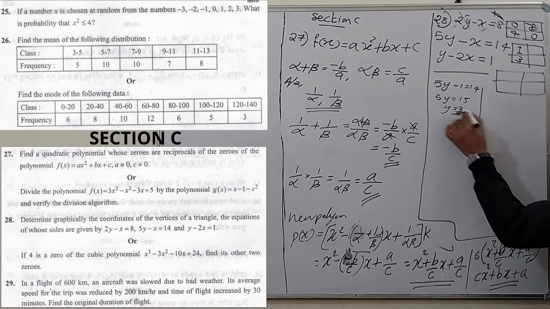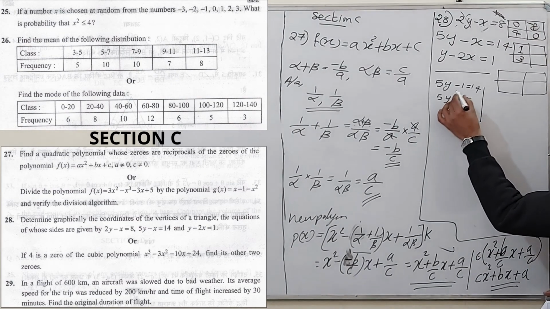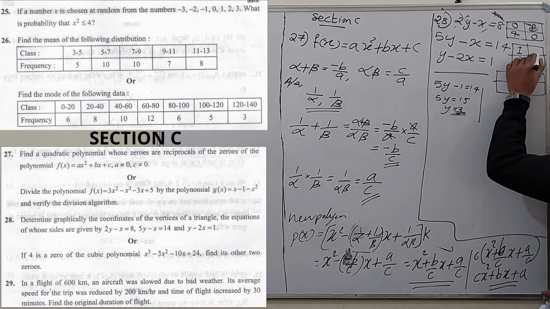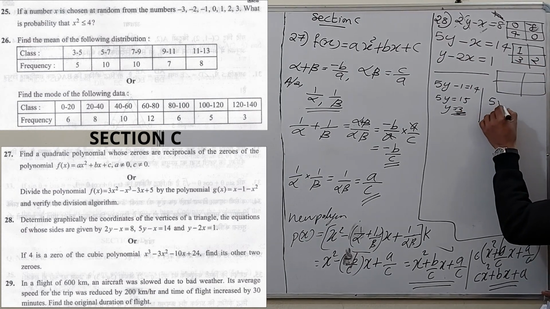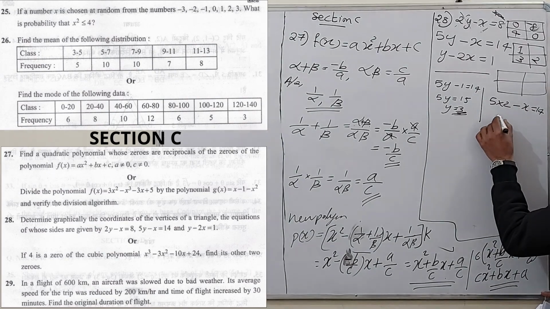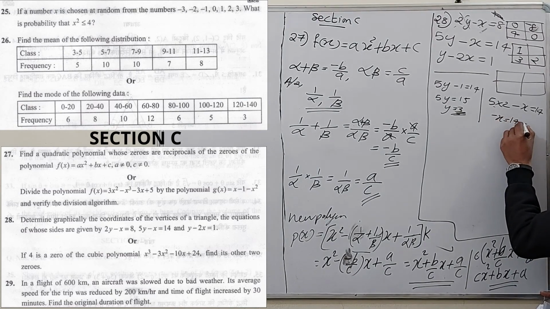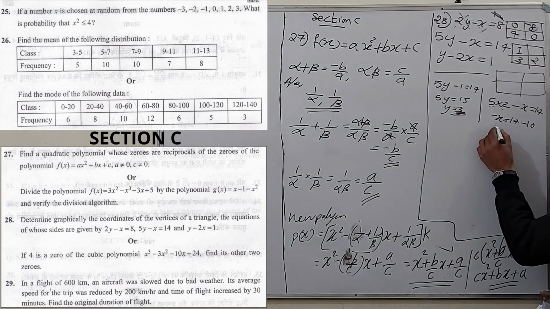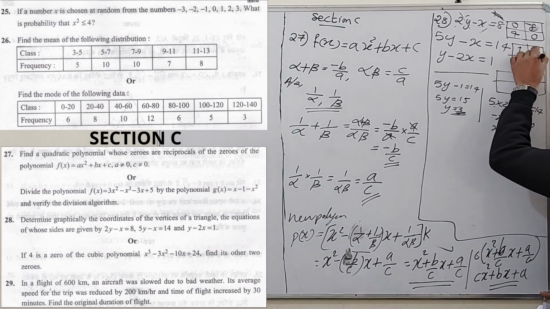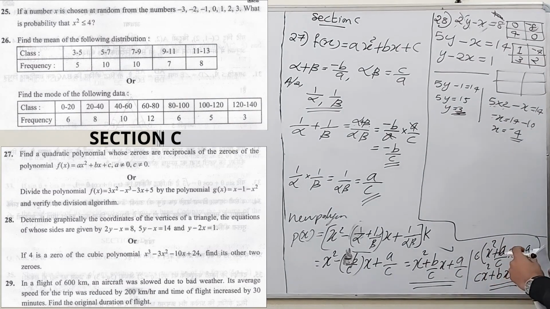The next coordinate we have to find: put x equal to 2, it will again be a fraction. So what we have to do is put y equal to 2. What will we get here? 5 into 2 minus x is equal to 14. Clear? Then minus x is equal to 14 minus 10, which is minus 10, so x is equal to 14 minus 10, which is 4, and taking the minus here, it will be minus 4. Okay? So for the second equation also we got 2 points.